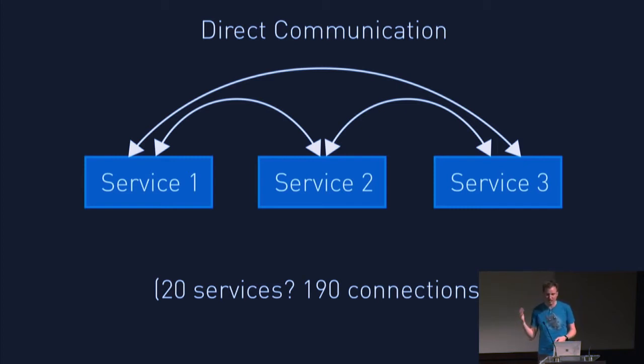Now, I'm not sure quite how to describe mathematically the function that this goes up by, but in Python, it is the sum of the range of the number of services. So with 3, you have 3 connections. With 20, you have 190 connections. And bear in mind, every one of those connections is a possible failure path. So you can see, as you increase the number of services, it goes up, and I'll say exponentially. I don't think it's actually exponentially, but it goes up incredibly fast. If you had over 1,000, I dare not think what would happen.